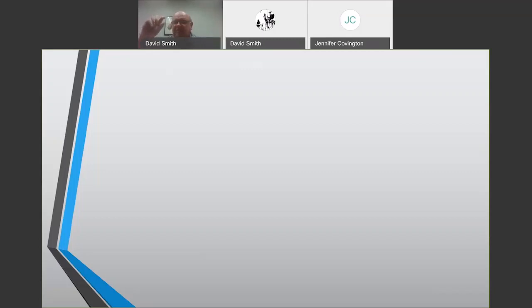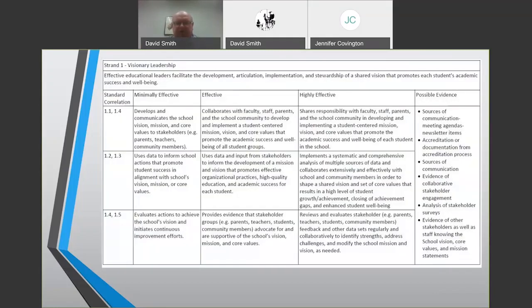So the first thing that we discuss is principal evaluation, which is leadership practice, or the performance part of evaluation. So here is what that rubric looks like right here. The rubric in this case is visionary leadership, and I'm going to show you what the separate parts of that